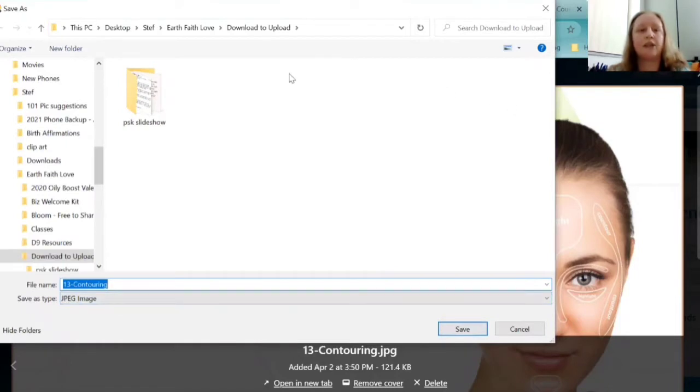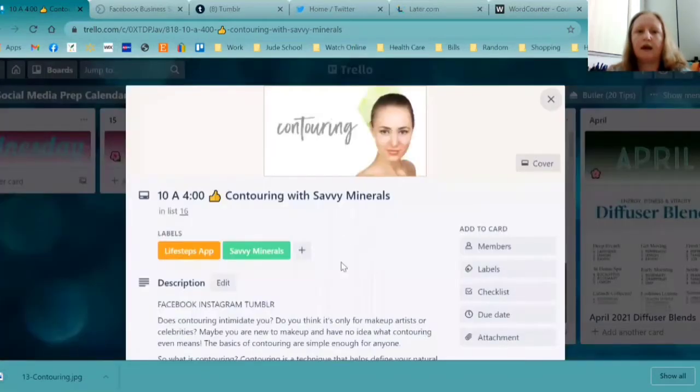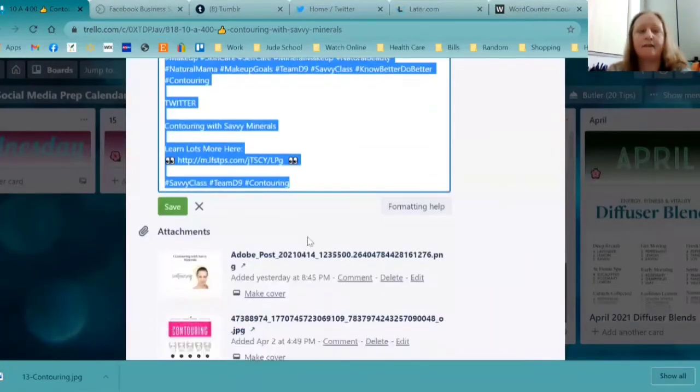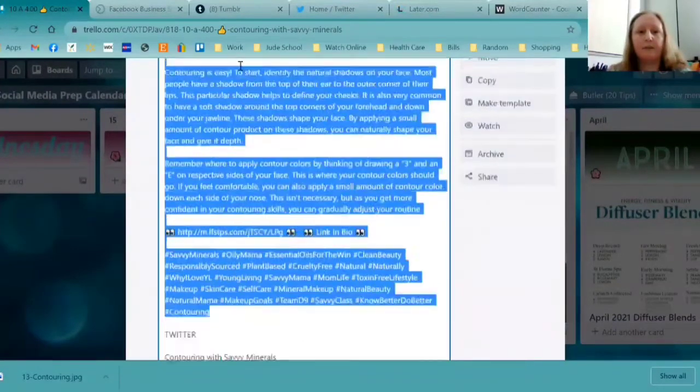I have a folder here. I don't know if that pops up because I can't see what you guys can see, but I just download and then upload into one folder and I delete all the content out of it all the time. So I just save that. And then Facebook is, if you have a link, my favorite.